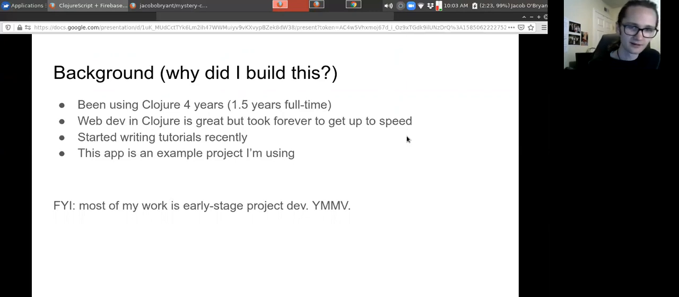And I've learned a lot since I started doing it full time. And so I decided to start working on an online Clojure guide. It's called the Solo Hacker's Guide to Clojure. And so I've started kind of encoding a lot of these things that I've been figuring out into that. And so this application, Mystery Cows, is a little project that I'm using as an example project to help teach